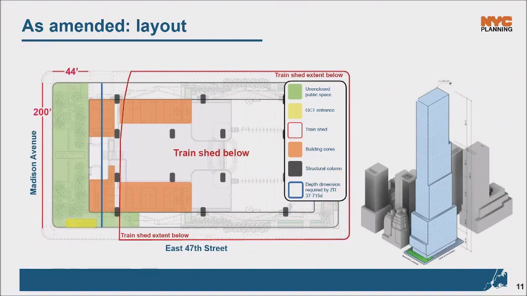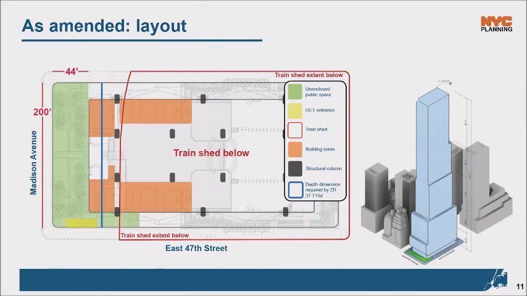So as with the referred application, the location of loading docks and freight elevators affect the configuration of how the public space can be designed. So in response, the public space, which is now shown here in green, is arranged around those site constraints. The space achieves 10,000 square feet by occupying the full Madison Avenue frontage and wrapping around onto a portion of 47th Street. This configuration requires additional flexibility in the existing requirements for plaza dimensions.